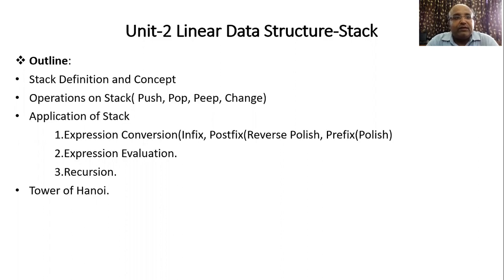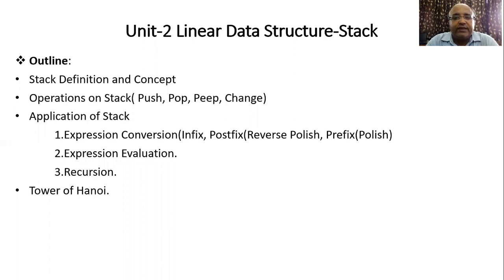Once you understand the concept of stack, then you are able to understand the operations which you can perform on a stack. Correct? But before that, you must understand what exactly the concept of stack is. So initially we'll discuss the definition and the concept of a stack. Once you understand it, then we'll go for the operations which you can perform on a stack.